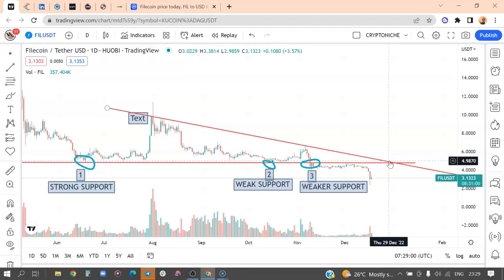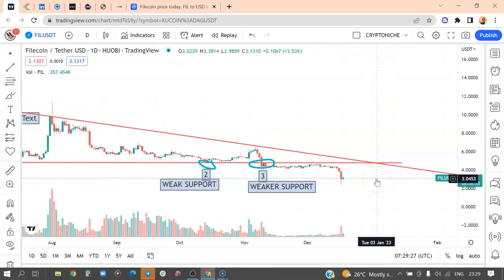And the reason why I said you should not long Filecoin is because any pump that you see on Filecoin right now is a fake pump. That is my opinion about it. It could be a fake and coordinated pump. Why? If you look at this trend line, you notice that Filecoin